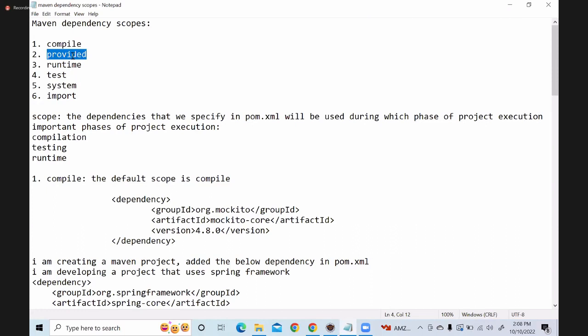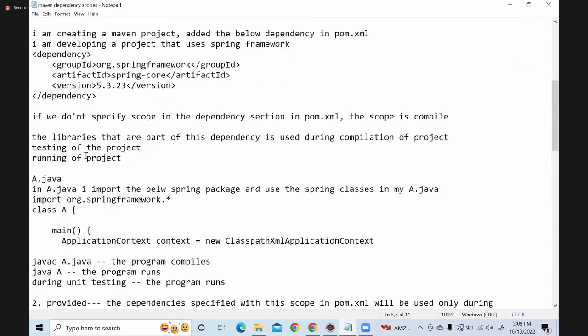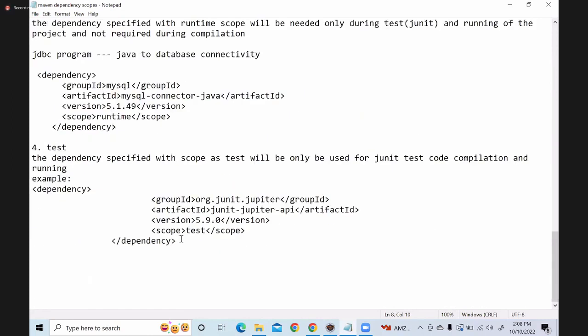Okay, compile, provided. Okay, runtime. Okay, then we have seen test also. Okay, so we need to see the last two, system and import. Let me take that. So fifth one is system. Okay, fifth one is system. Okay, this is similar to